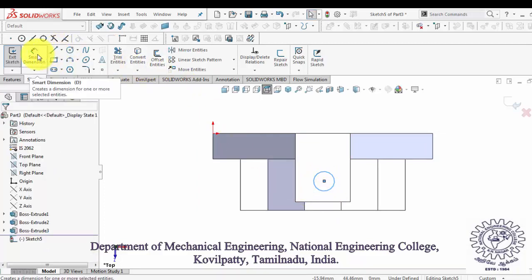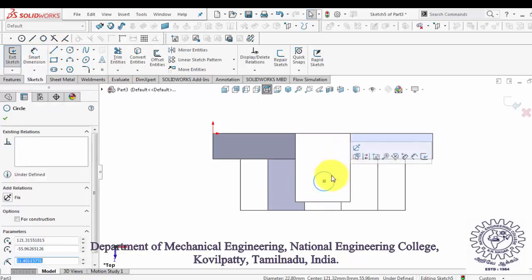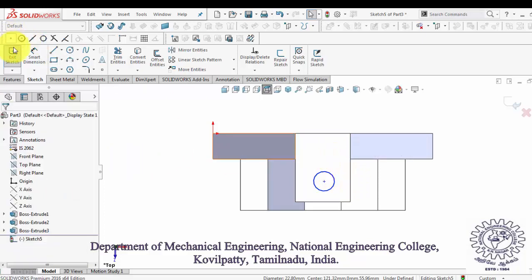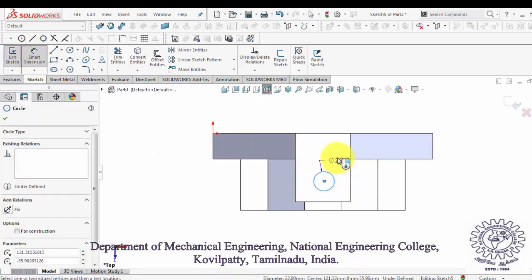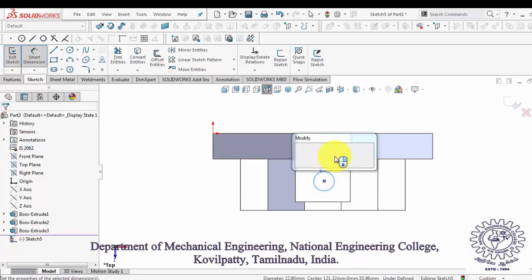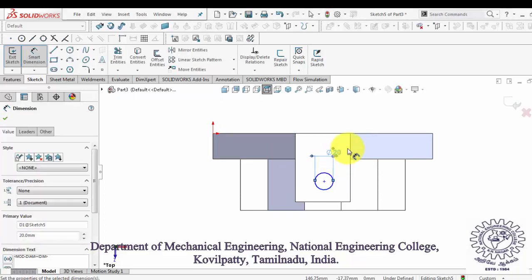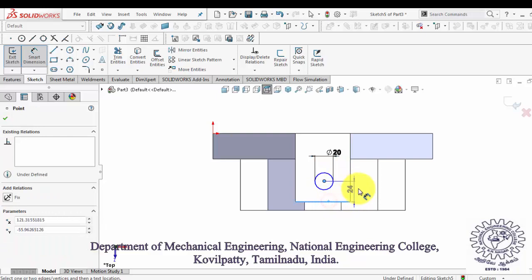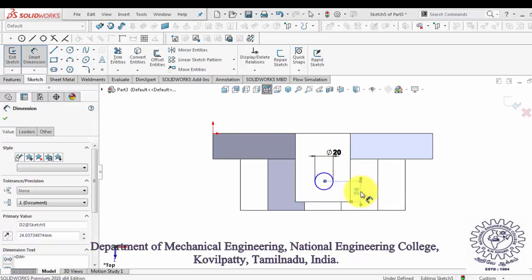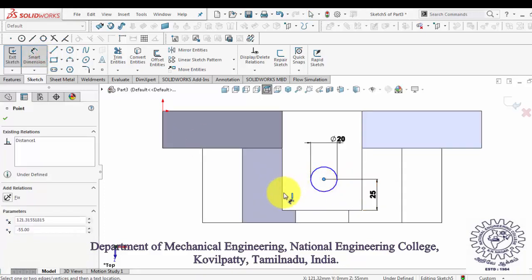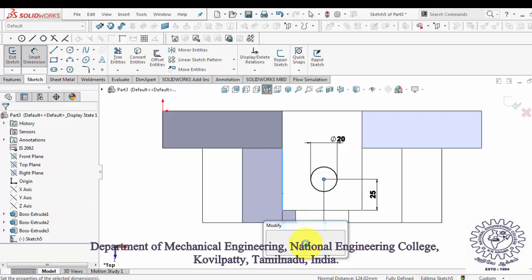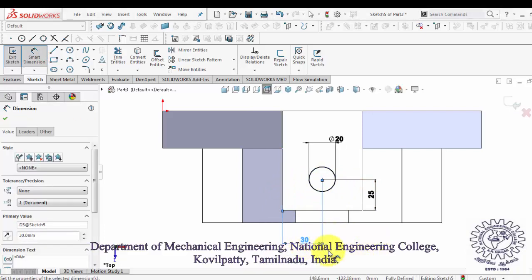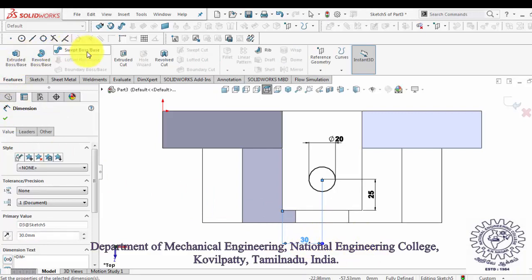Then specify its dimensions in vertical and horizontal directions with respect to the part. After dimensioning, in features, select extruded cut,